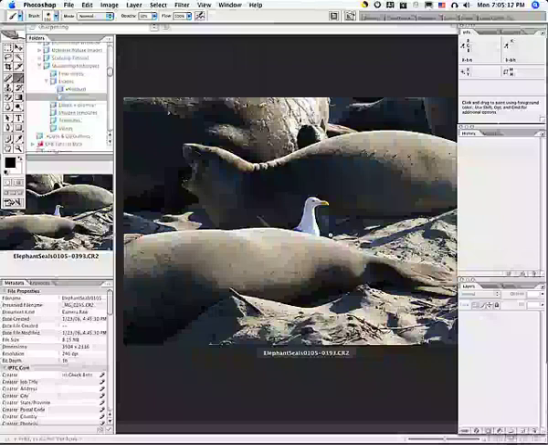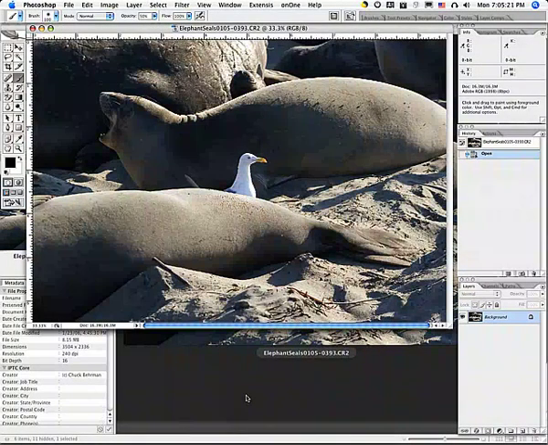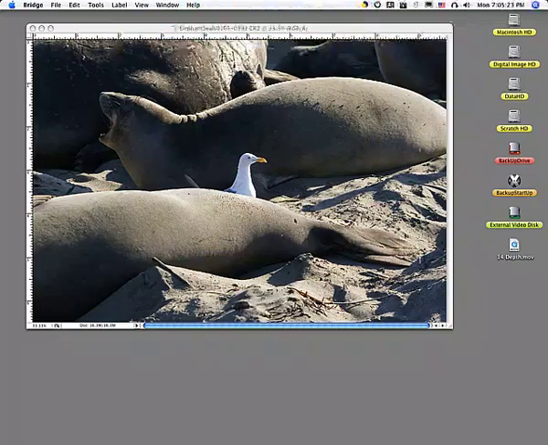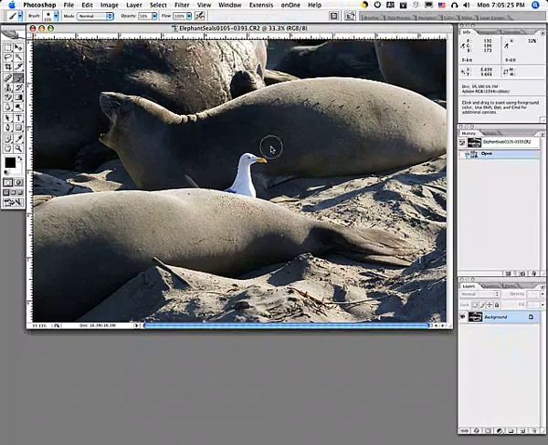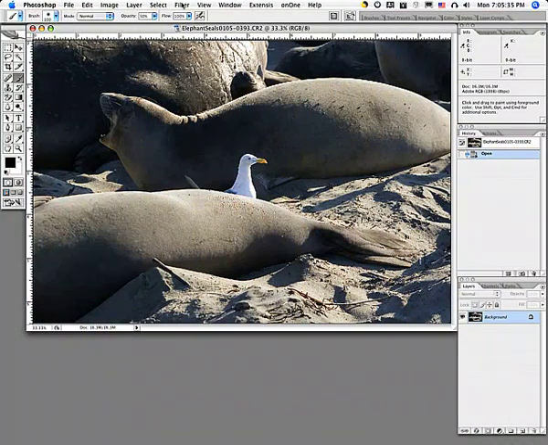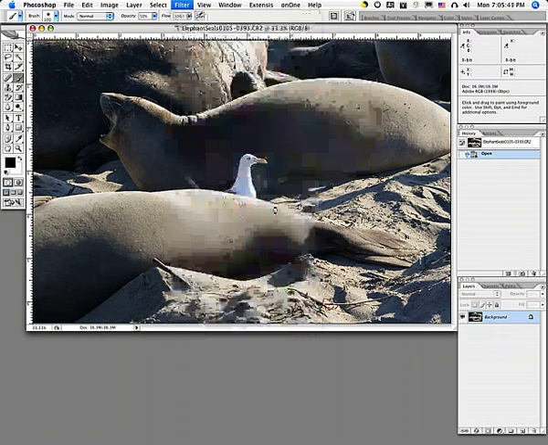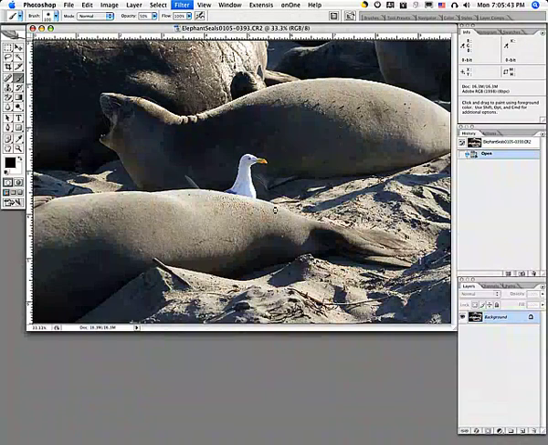and as soon as this image opens, I'm just going to clean up my background a little bit by closing the bridge, and we'll come back into Photoshop. Now, the filter that we're going to be using to do this is called the lens blur filter. Let me show you how that works. We go into blur and we go to lens blur. And I get a new dialog that opens up,